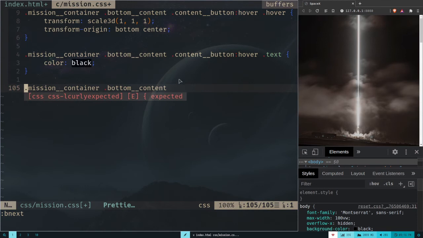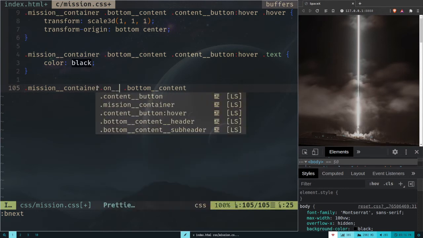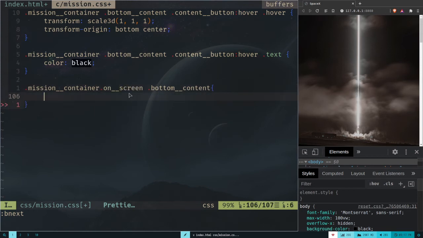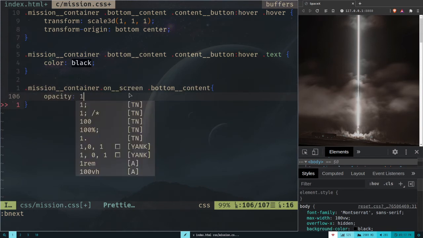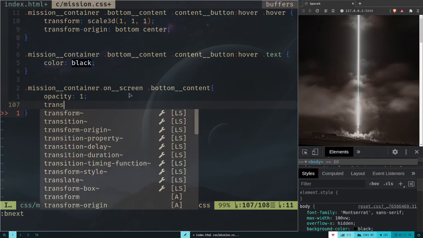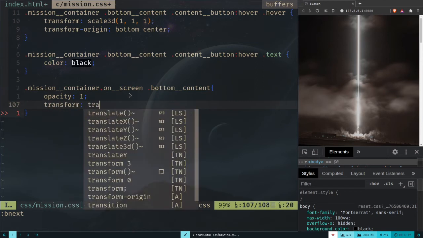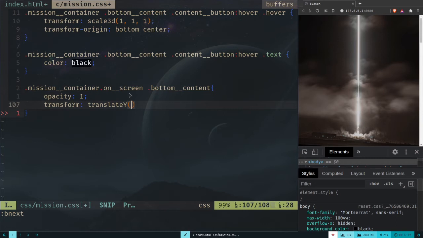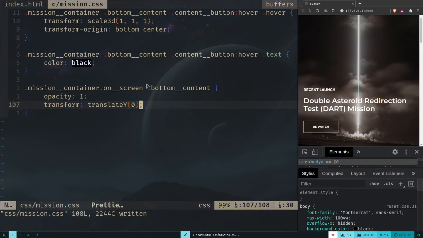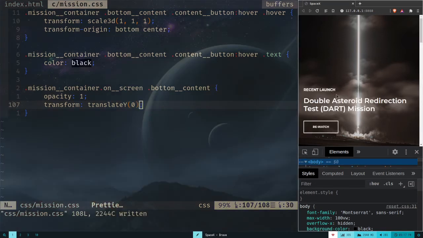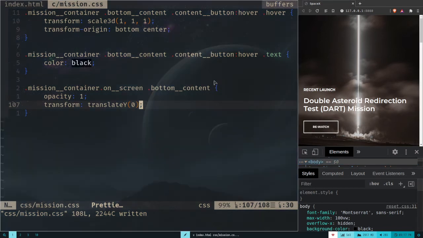Now we want to select an element which has a mission container class and also has an on-screen class. So after mission container, without any space, okay, without any space, then dot on screen. So we will make opacity 1 and transform, then translate Y will be 0. Okay, so you can see that instantly it's in the view, no animation, because we need to